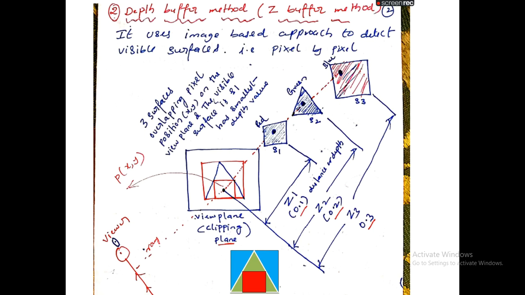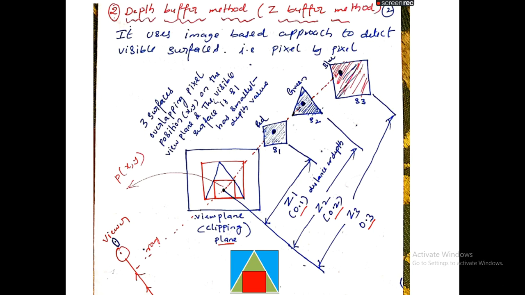When we are using a visible surface detection algorithm, definitely one object is overlapped with another object. When one object is overlapping with another object, only then do hidden surface algorithms come into the picture. If only one object is there, then we don't need a visible surface detection algorithm.